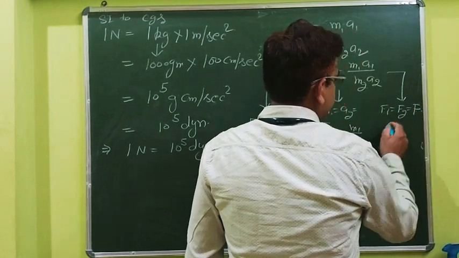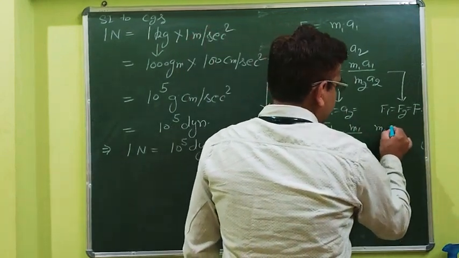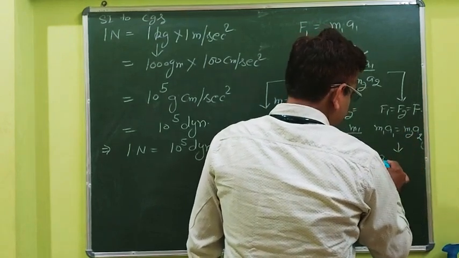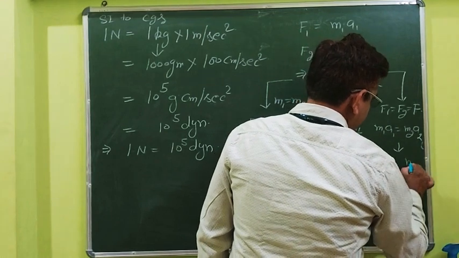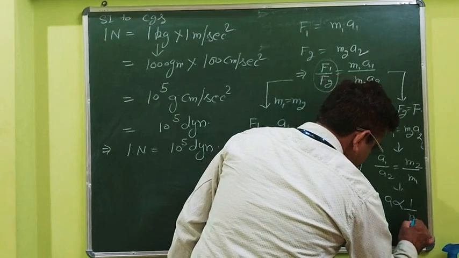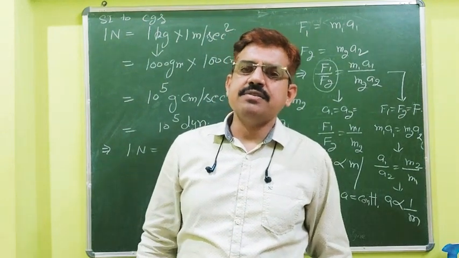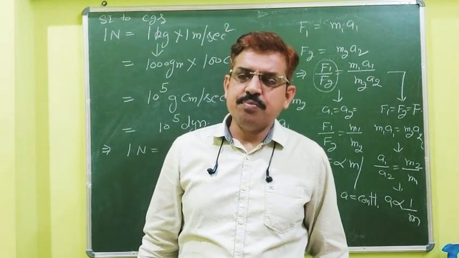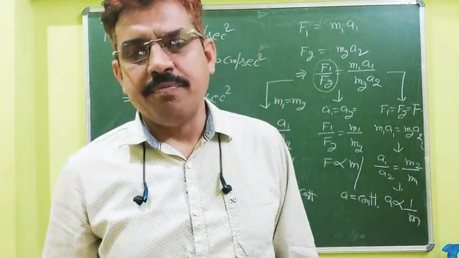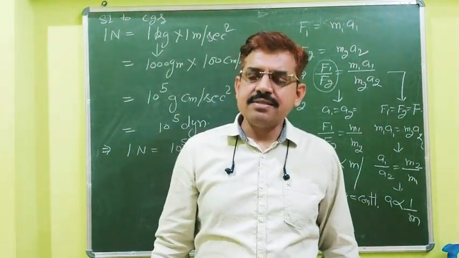And third case, if force remains the same, F1 is equal to F2 is equal to F. In this case these forces get cancelled, so therefore M1A1 is equal to M2A2. So A1 over A2 is equal to M2 over M1. Therefore A is inversely proportional to M. So acceleration is inversely proportional to mass. It means that if mass is more, acceleration will be less, provided the force acting on these two objects remains the same. So this is all about Newton's second law of motion,